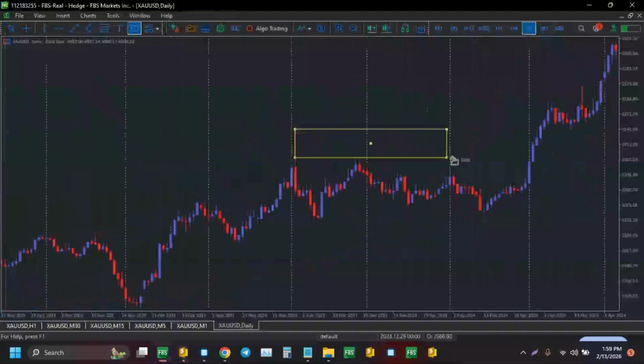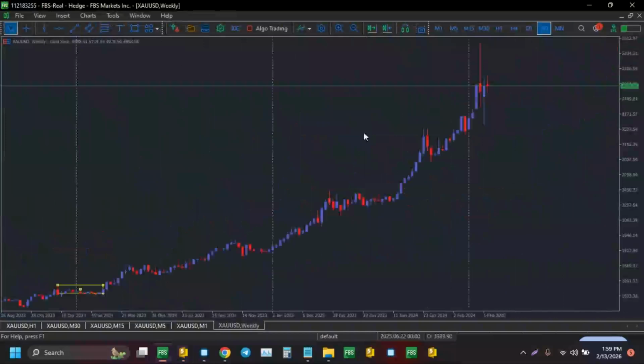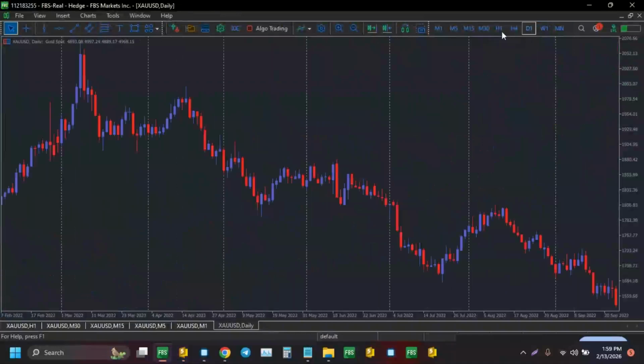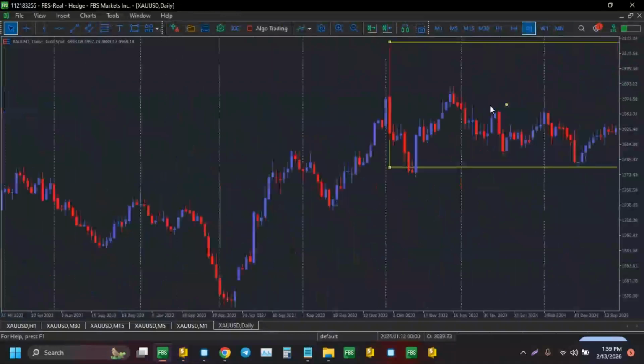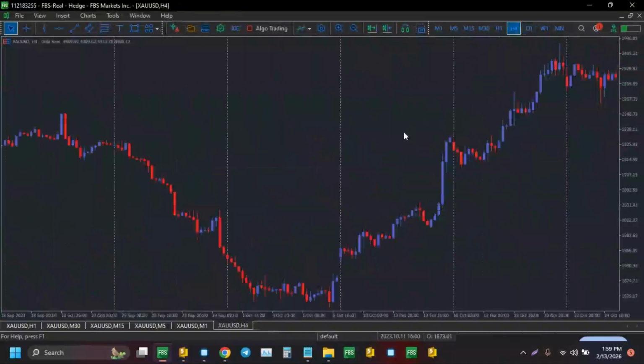It was a new all-time high, and price printed a dominating candle on the daily time frame, which turned to a weekly. As you can see, it's turned to a weekly, and all through that period, it was a massacre. You can see spikes everywhere on every time frame. You go lower,